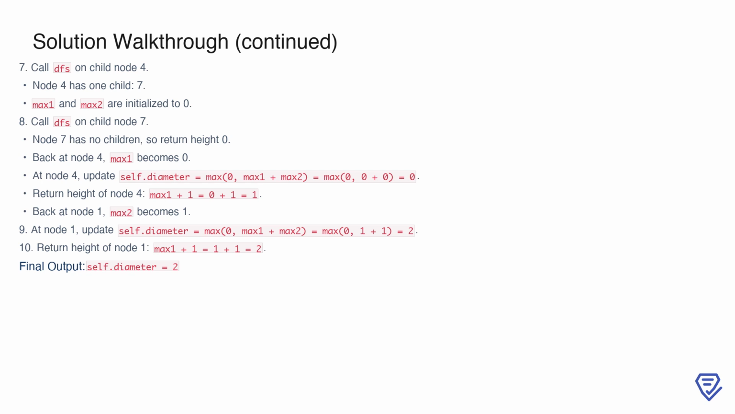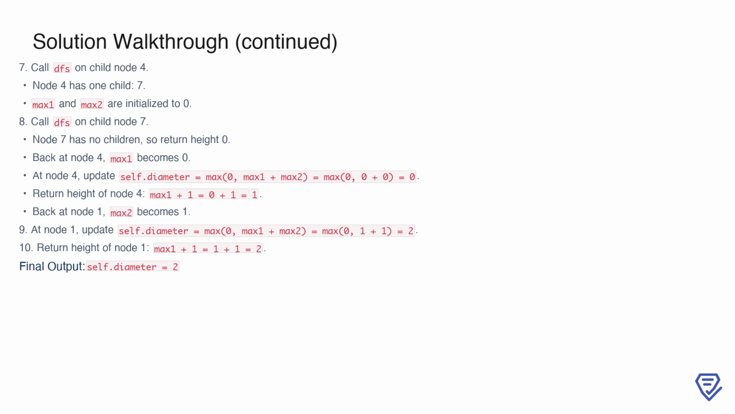At node 1, the diameter is updated as the sum of max1 and max2, which is 1 plus 1, resulting in a diameter of 2. Finally, the height of node 1 is calculated as max1 plus 1, which is 2. The final diameter for this example is 2, representing the longest path that spans from node 5 to node 7